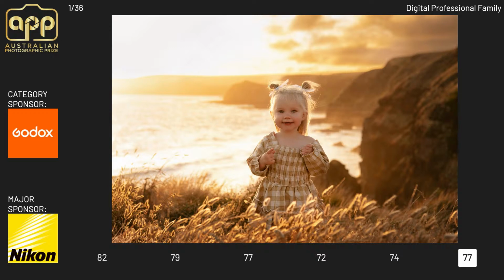What a beautiful little subject that we're dealing with here, which I'm drawn to, but I think my eye is leading to the brightness on the left-hand side from our sun. I think if we just waited for a little bit longer for that sunrise to lower, it would have a little bit more impact. So just timing. Thank you very much. Next image, please.